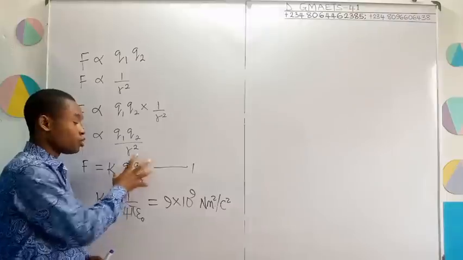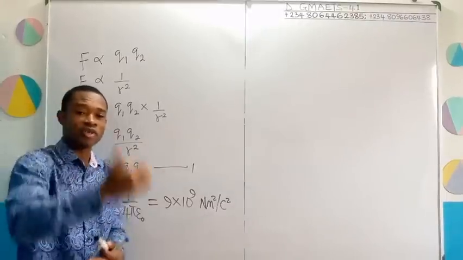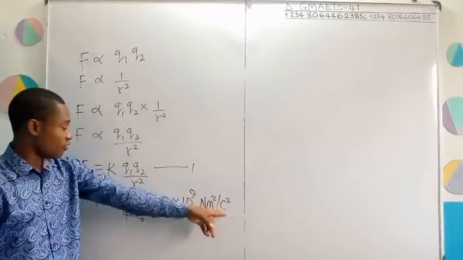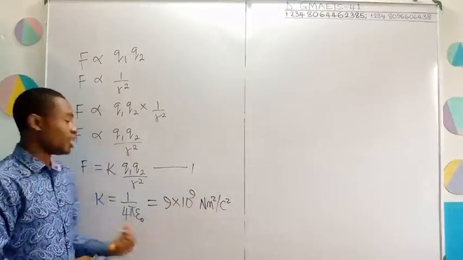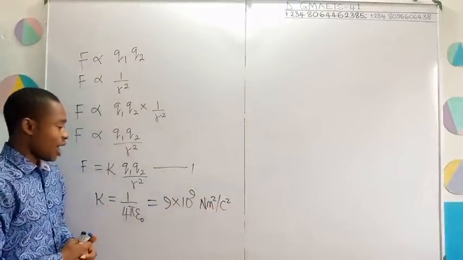Remember, it is Q1 Q2. Two charges being multiplied, so the unit is going to be squared. Unit of charge, which is Coulomb, will be squared. This is the value of this constant of proportionality. Actually,